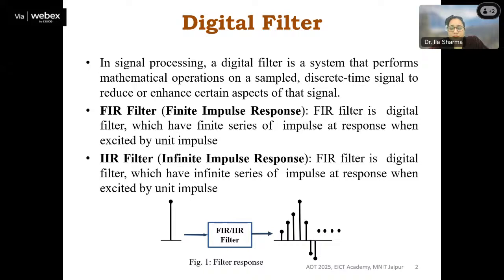Like here in our figure 1, on the output side, you can observe these are the sample points. This can be increased, this can be decreased. This is a discrete sample signal. It is not continuous. I hope you understand the difference between the analog and the digital signal. Isn't it? You know about this, the difference between the analog and the digital signal?